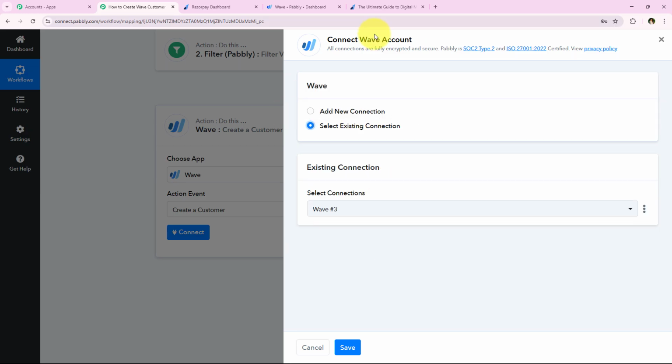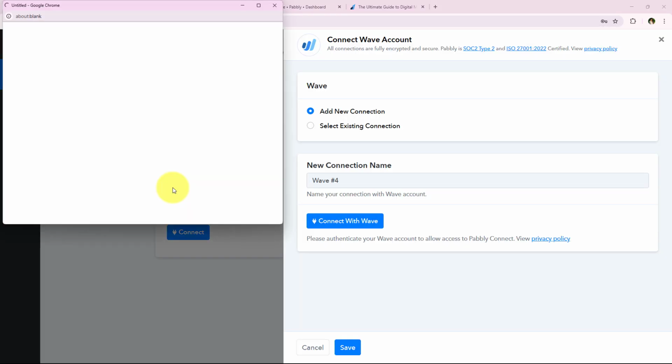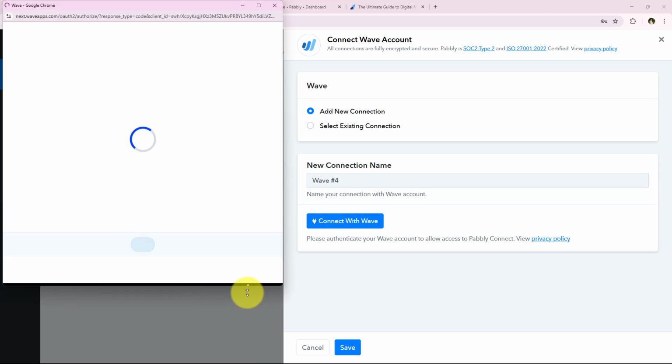So if you have already connected your Wave account with your Pabbly Connect's workflow, you can click on this select existing connection and then save. But if you haven't, you have to simply follow me, click on add a new connection, and then we have to click on this blue button which says connect with Wave. And as soon as we click on this blue button which says connect with Wave,